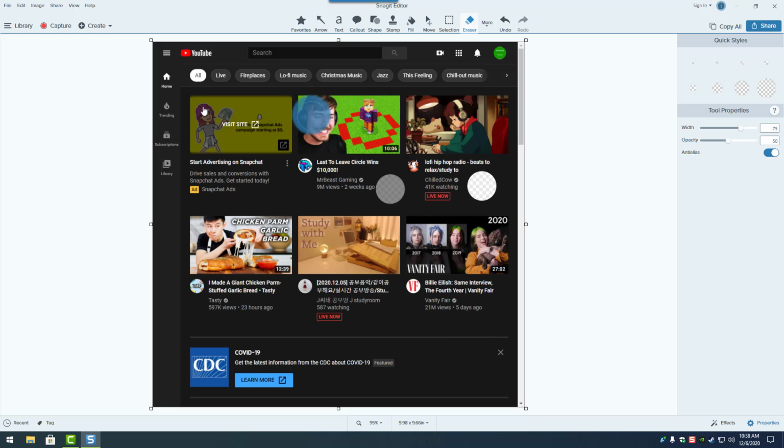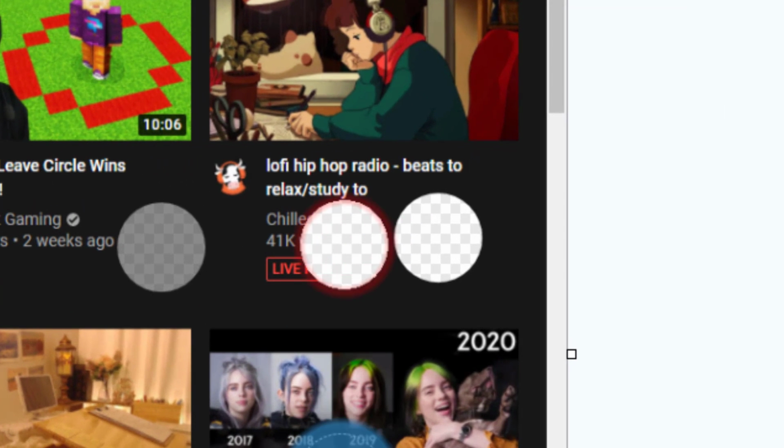If I choose something that's maybe a little bit more distinct rather than just black, you see what I mean here. And I'll try to demonstrate the anti-alias toggle. So far it's been on. If I turn it off, reset the opacity back to 100, and if I do it right next to that, you'll notice